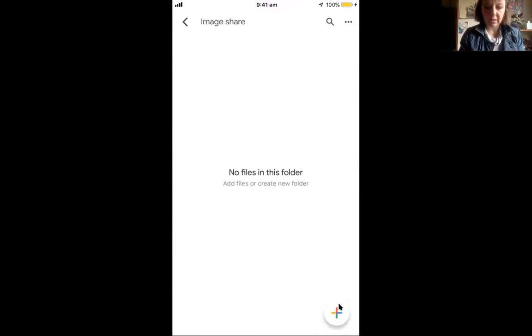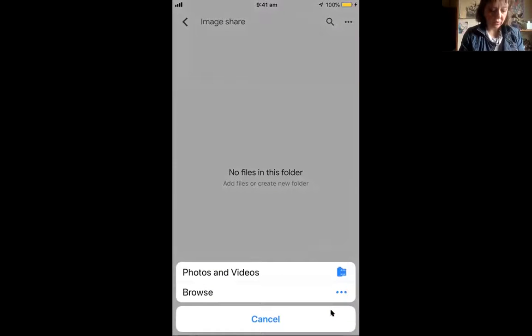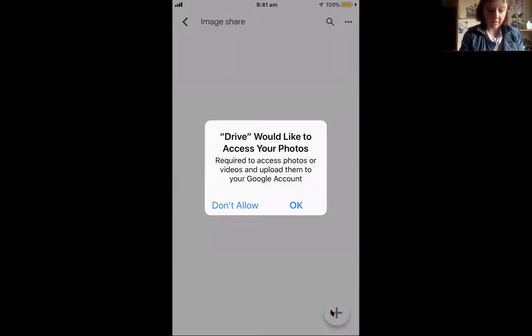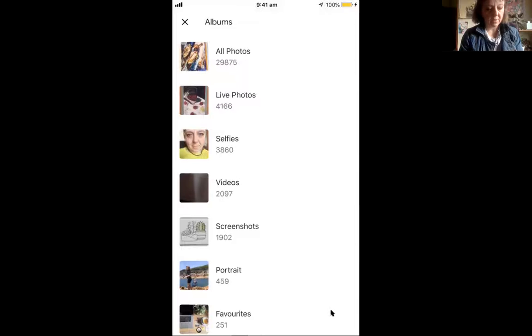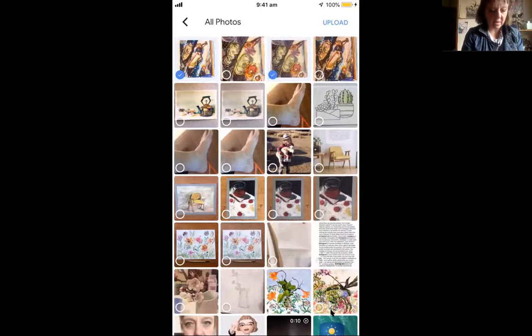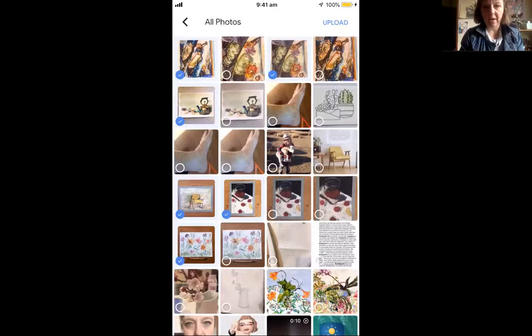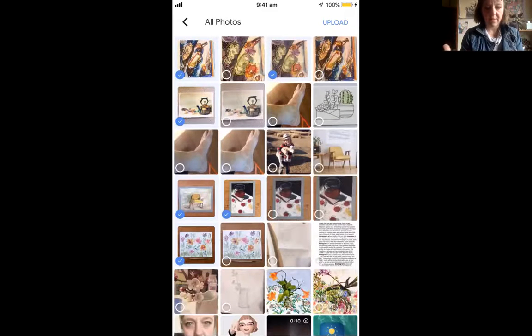So what we do is we just click this plus, and then we can upload, and we can choose photos and videos. And yes, we'll just let it access our photos. Right, so I can go into my camera roll and I can just choose, okay, I want to share this one and this one and this one and this one, right? And then I just click upload, and it's going to basically put all of these photos into that folder,